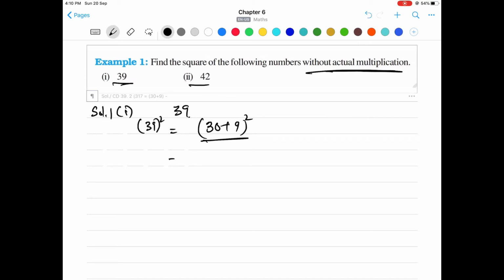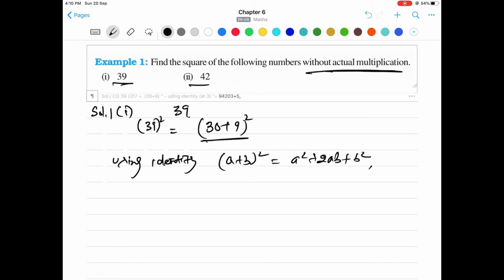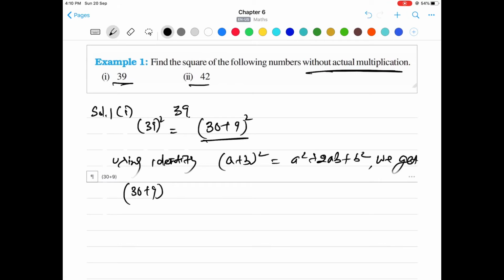Let's write this answer first using the identity (a + b) whole square equals a square plus 2ab plus b square. Now we write (30 + 9) whole square as,